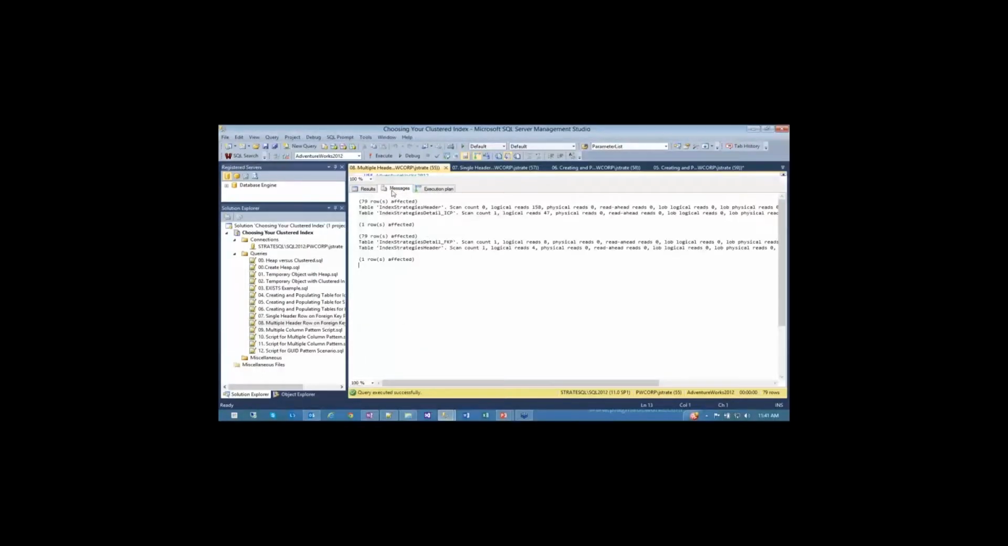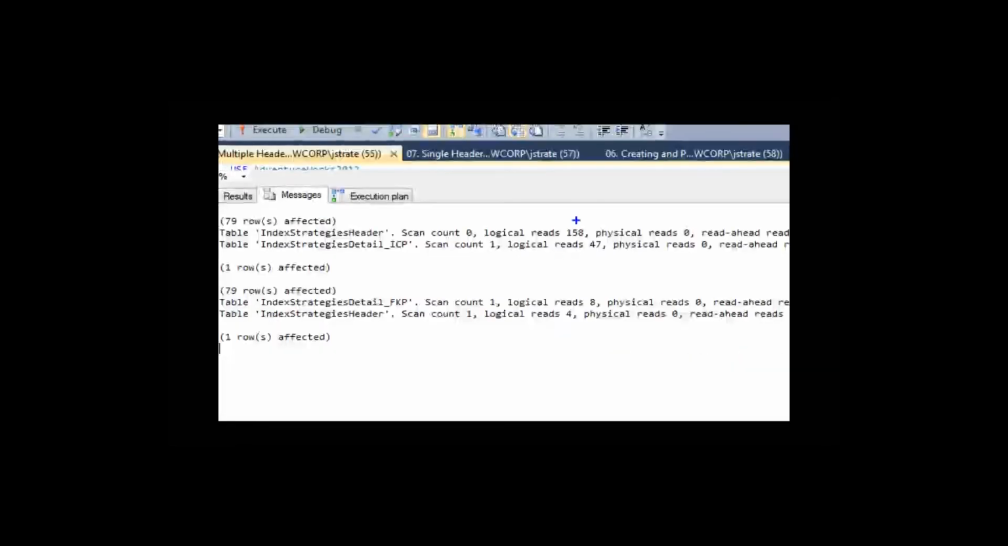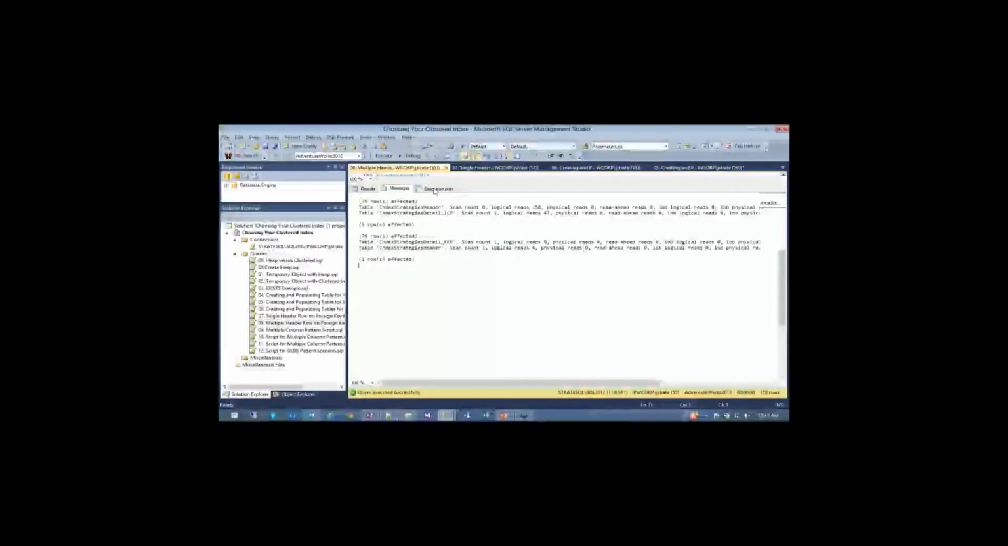And if we take a look at the I/O for each, we're seeing that there is a significant increase in I/O between the two. And the index pattern, the identity pattern, is performing a lot slower than the foreign key pattern. And the reason for this is if we take a look at the execution plan,